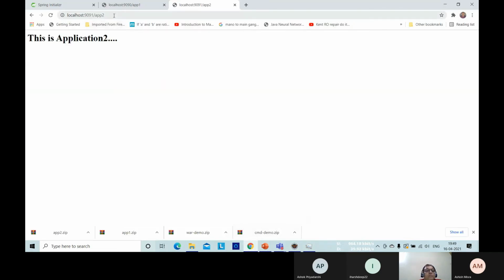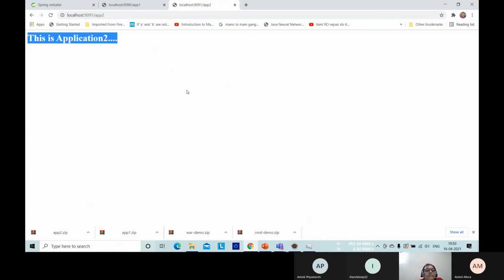Let's go to the browser, and as soon as Tomcat got started by Eclipse, we got this message: this is applications 2. In port 9090, we have this is applications 1. Both the ports you are seeing here, so both applications are running. Every application will run at different ports, remember.